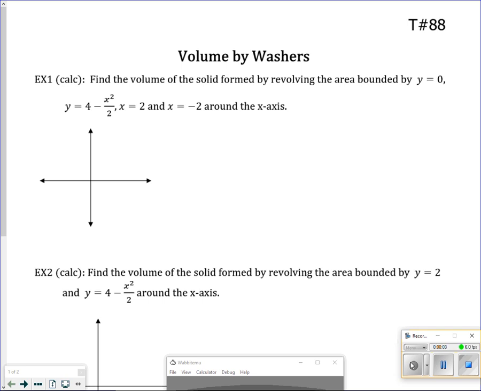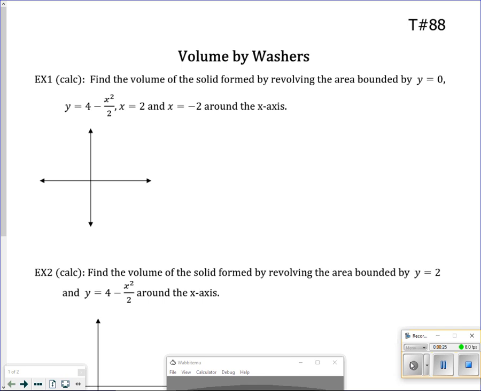All right, so yesterday we did volume by disc, and today we're doing volume by washers. So you think of like a tool, if you know what a washer is. Sometimes people say volume by donuts, and you're going to see why in just a minute. So here we go. Find the volume of a solid formed by revolving the area bounded by, so they all